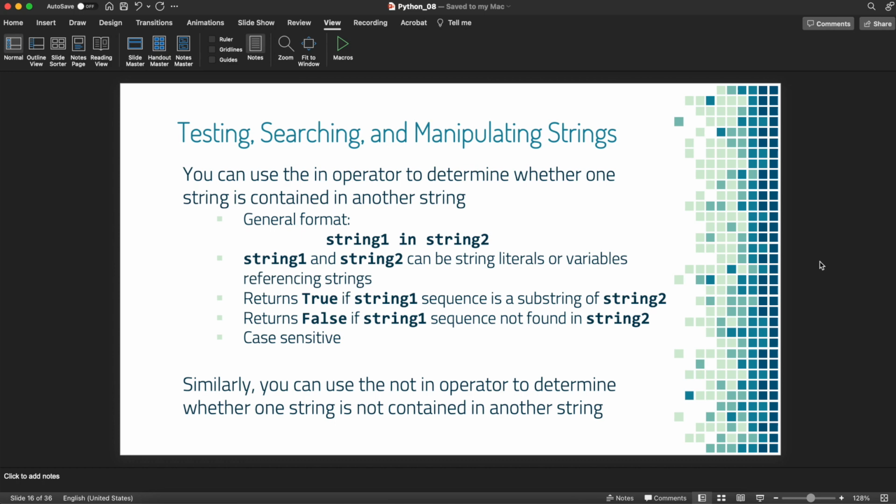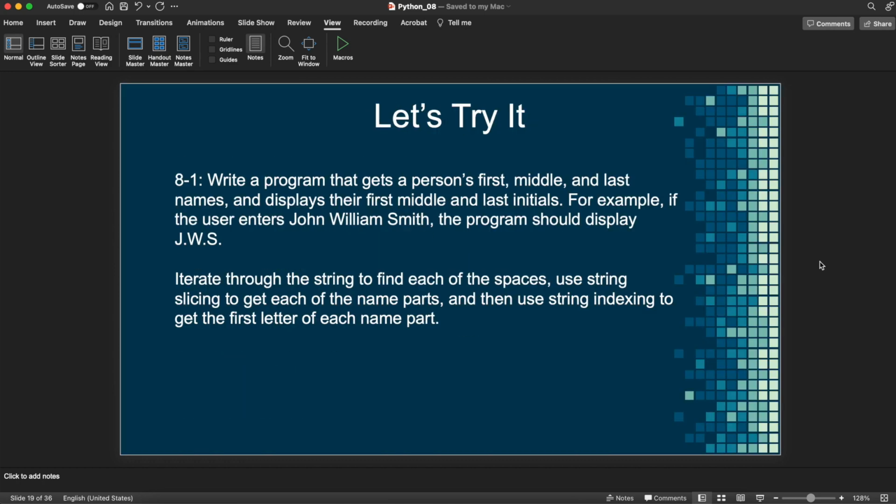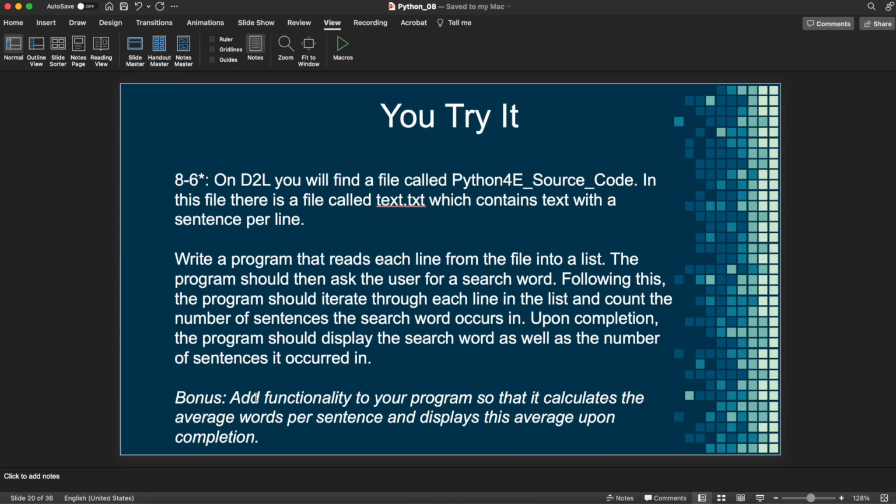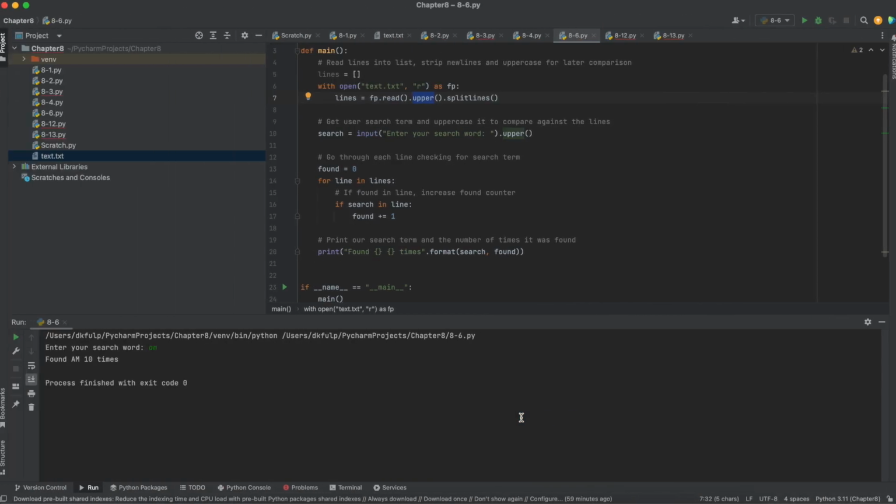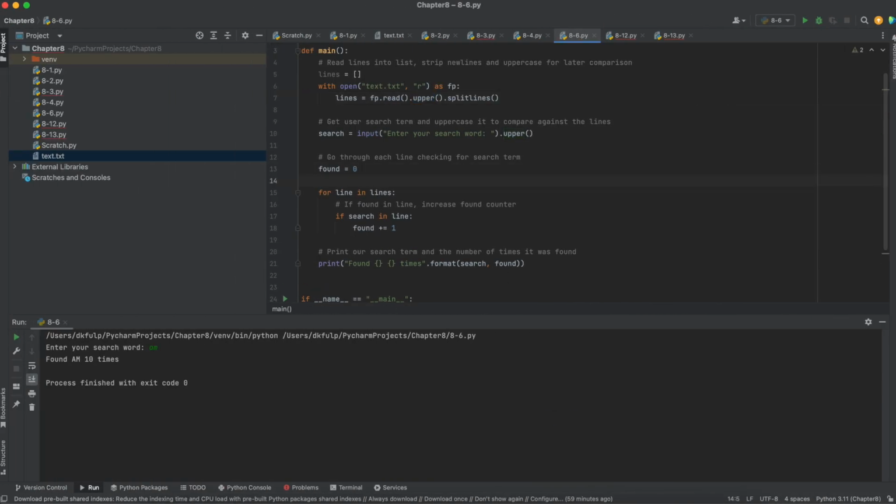All right, so we did the first part there. We printed our word, we did what we needed to do, but let's go ahead and add that functionality so that we can calculate the average words per sentence as well. So what we're going to do is we're going to come up here and we're just going to count the words. We're going to do word count equals 0. But there's one thing, we haven't actually talked about how to count words yet. So we're going to go ahead and talk about this, but we're going to go into it in more detail here in a second. We're going to go ahead and add number of words